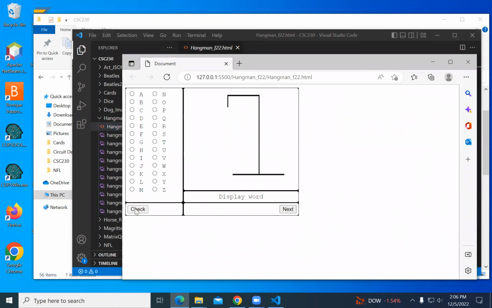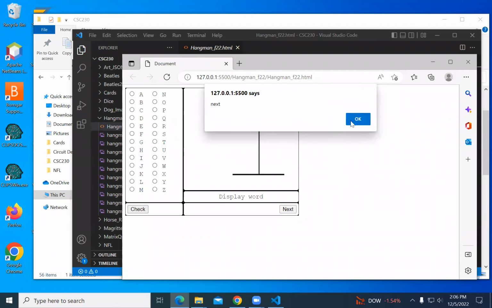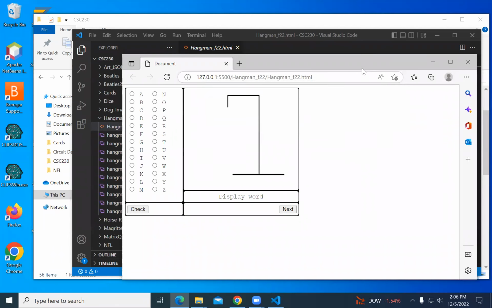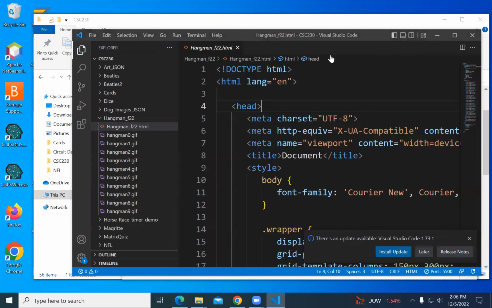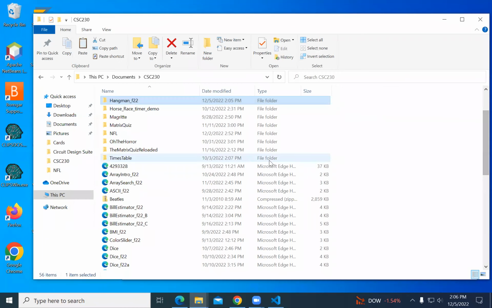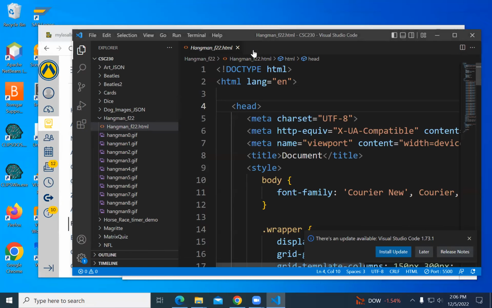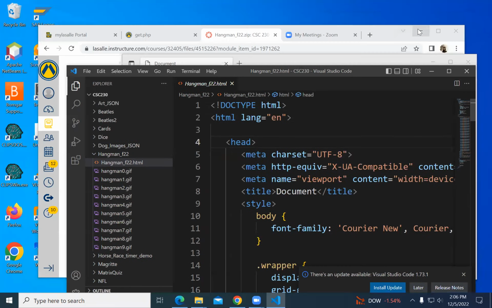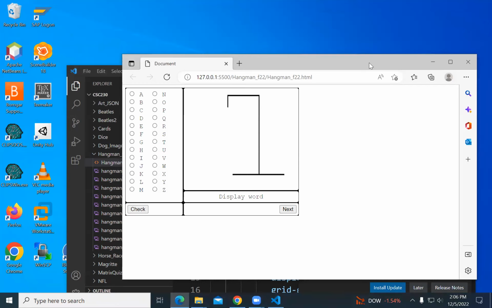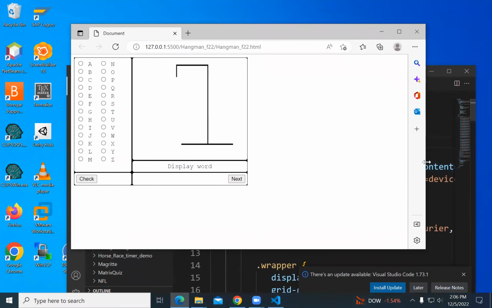And right now, this just is an alert and says check and next. Okay, so that's what we have so far. And I think I have an array of words and some variables declared. Too many things open. That I'll keep open.